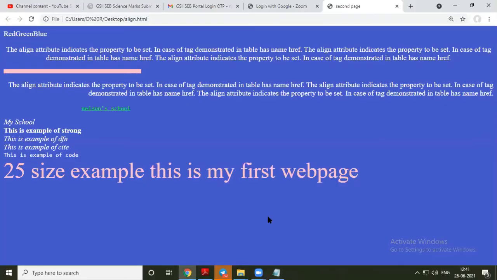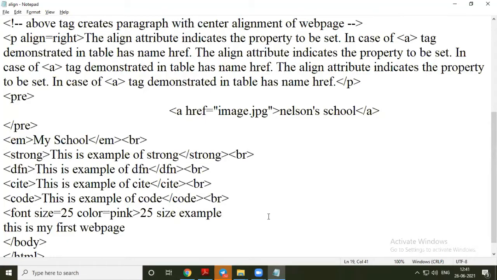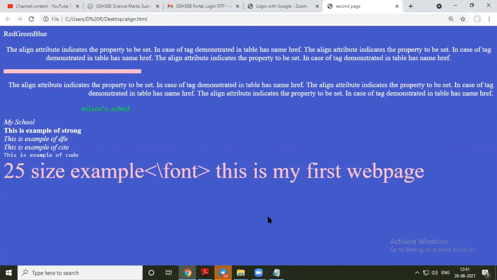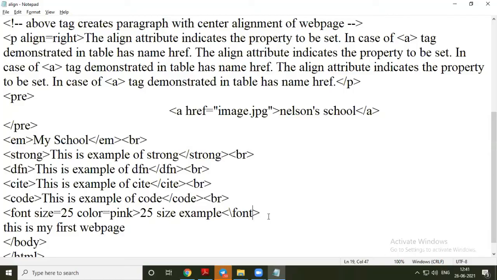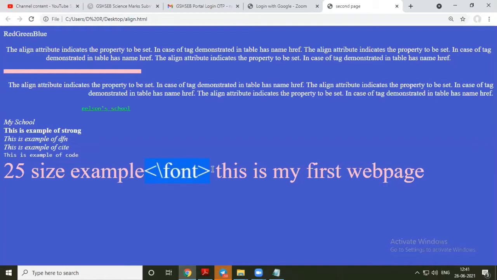And if you make any mistake in closing the tag, for example, this is the forward slash that we use to close a tag, but if you put a backslash, see what happens: it doesn't work, because there is no such tag in HTML. The tag that you are typing wrong is considered as part of the text that you want to show in your web browser, so it will be displayed as it is.